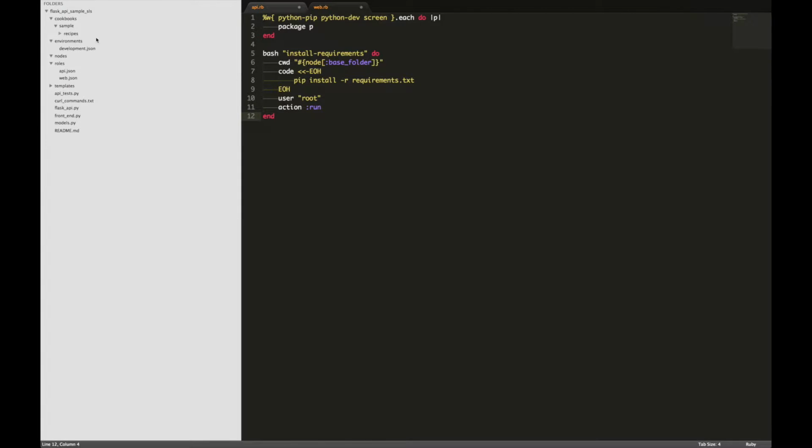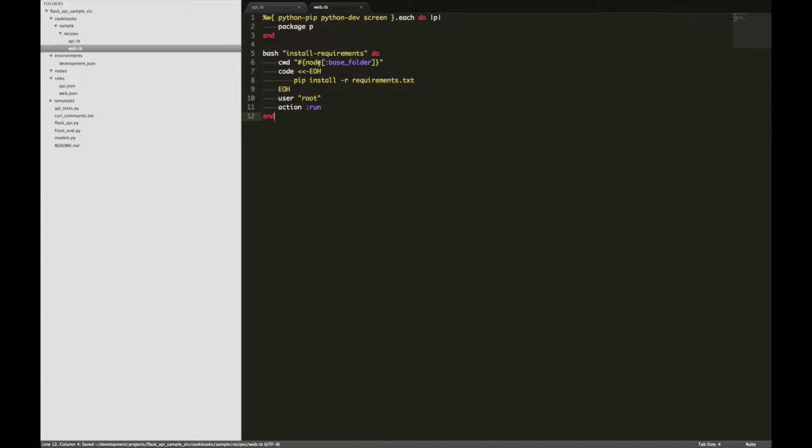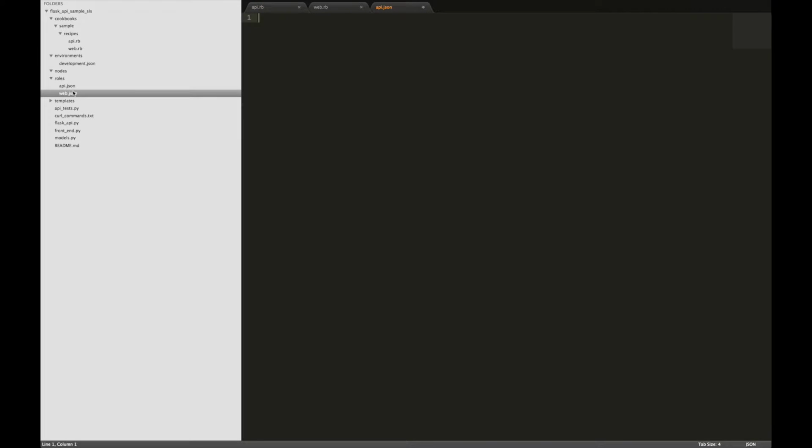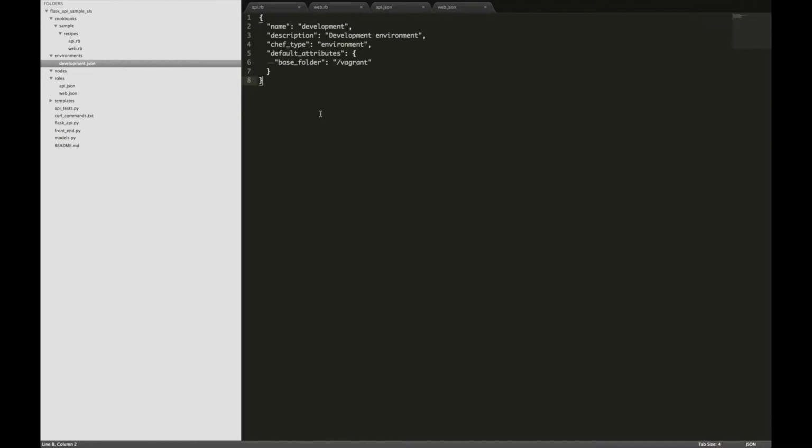Our recipes actually look very similar because the 2 parts of our application, the Flask API and the front end, have very similar requirements to run them. We actually share a requirements file at this time. We'll be changing that later. The roles we'll have are an API role and a web role. We have 2 different services, and they are each to be treated independently. So we assign the API recipe to the API role, the web recipe to the web role,